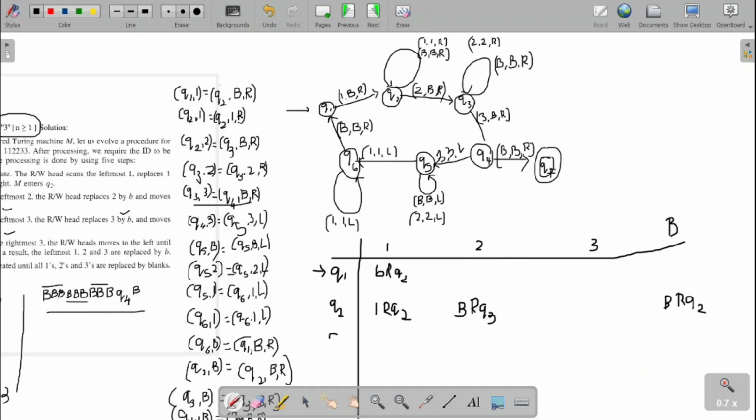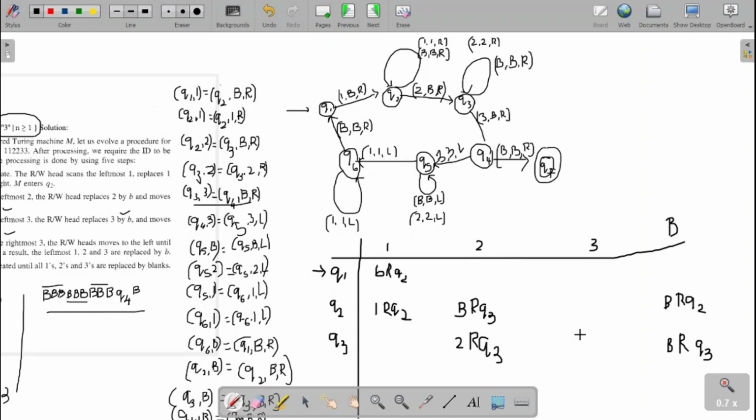So now what is my next state? Q3. Q3 on, first one is 2. The 2 I will replace with the same 2 as it is. Have the right movement. The state will be Q3. Then on blank, have the right movement and remain in the same state, Q3.